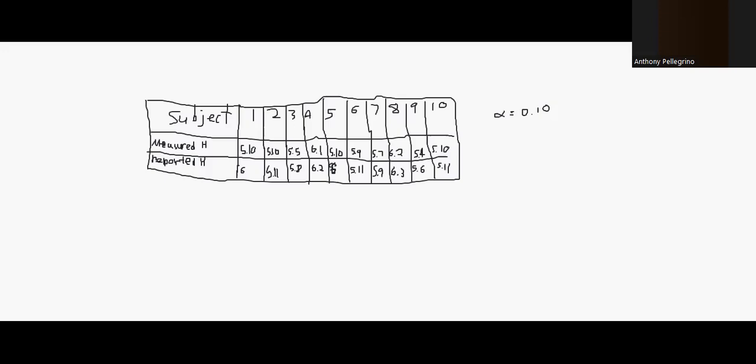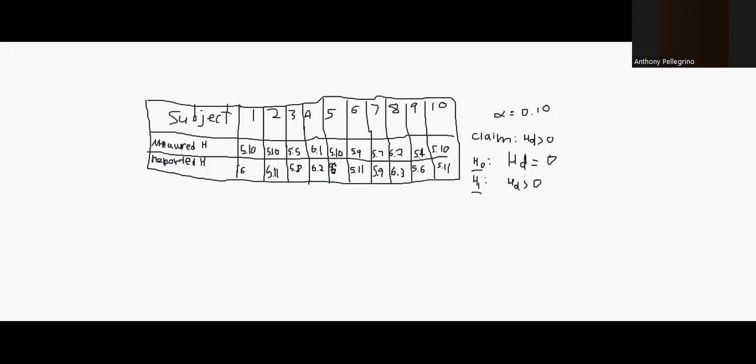So first, let's just make sure that the 3 requirements are fulfilled. So 1, the data are matched pairs from the same subject. 2, there is random selection, and 3, there are no outliers, and it seems to be in a straight line pattern, so the distribution is normal. So now we can identify that the claim is that the mean differences are greater than 0 inches, and the null hypothesis would be that the mean differences equal 0, and the alternative would be that the mean differences is